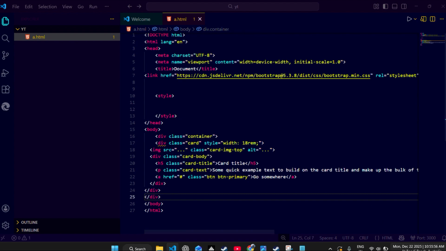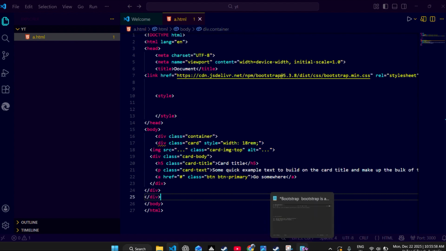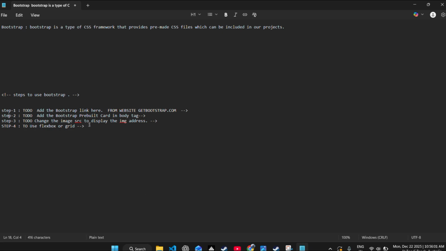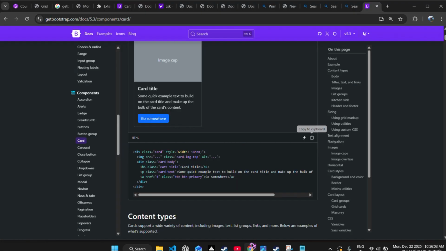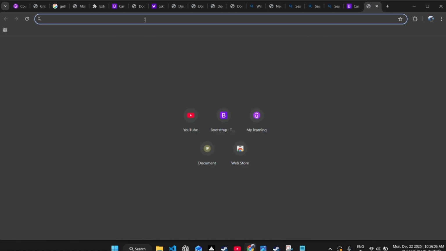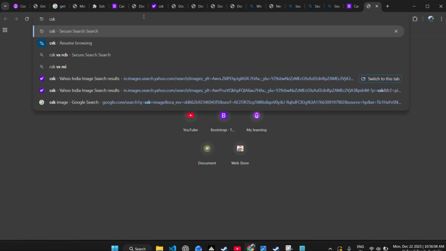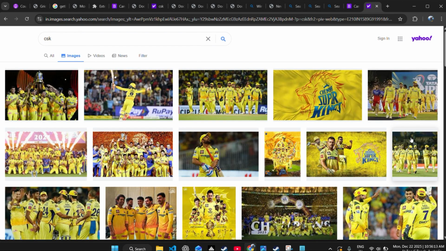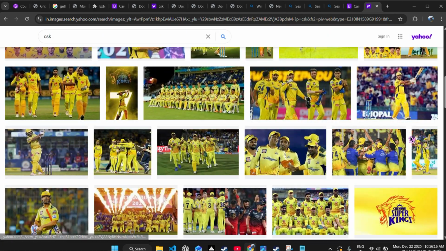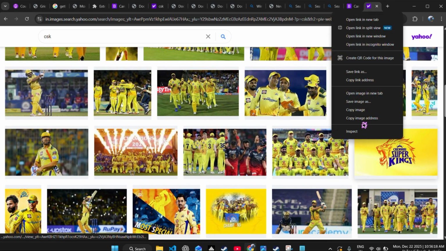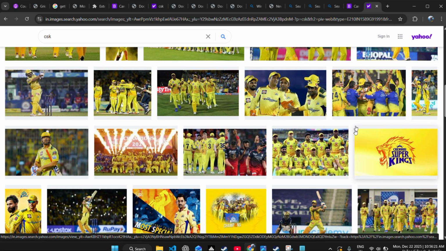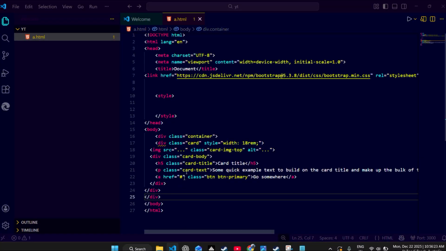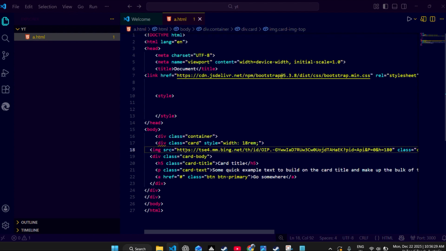Now we're going to move forward to step number 3, that is, change the image src to display the image address. So come back to your Google Chrome and search for an image. हमको सेम इमेज तो नहीं मिलेगी, लेकिन हम उसकी जैसी कोई रेप्लिका इमेज देख सकते हैं। जैसे मेरे को ठीक लग रही है तो यहाँ से हम कॉपी इमेज एड्रेस कर लेंगे और वापस VS कोड में आके यहाँ पे इमेज SRC में हम एड्रेस पेस्ट कर देंगे।